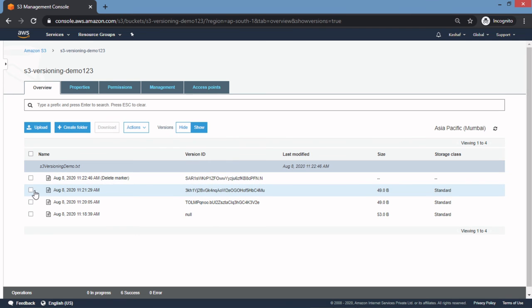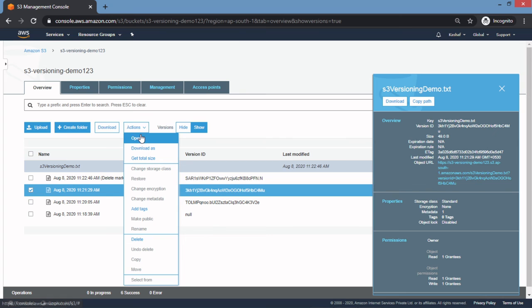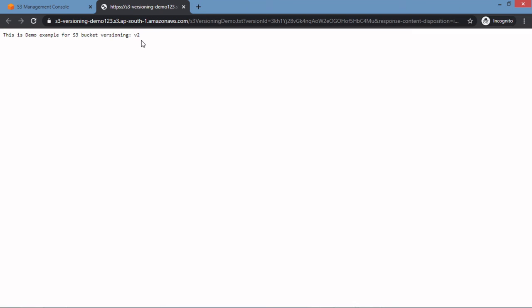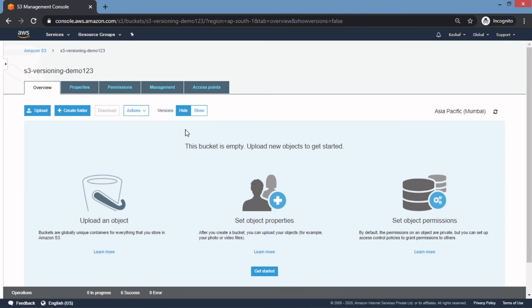But if you pass a specific version ID, you can still get your older version. So you can see your v2, your older version, you can always get by passing the version ID in a get request. But without any specific version, you cannot get it. It shows 404 not found.